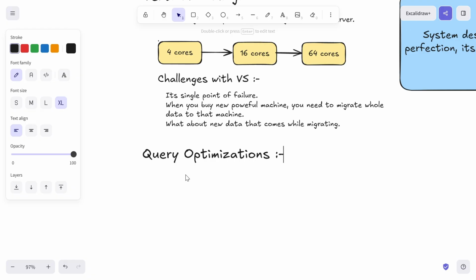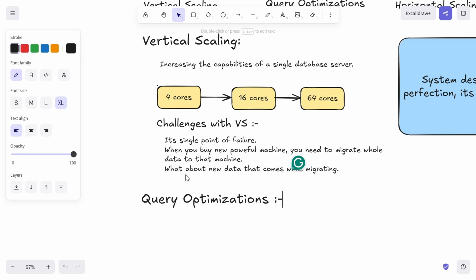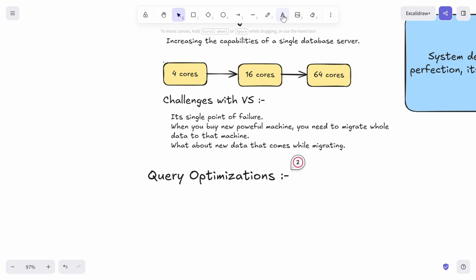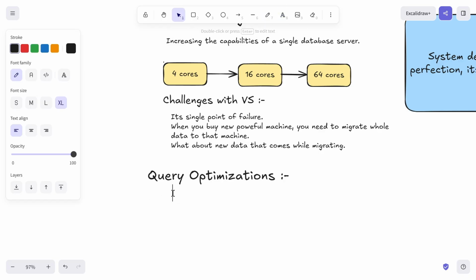What does query optimization mean? It means querying the database in an efficient manner,